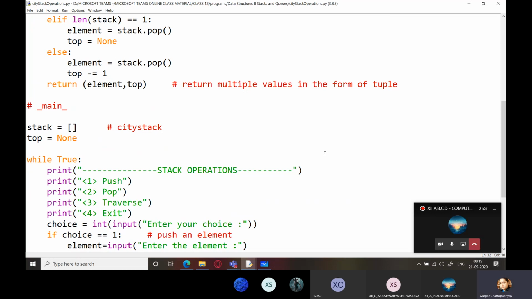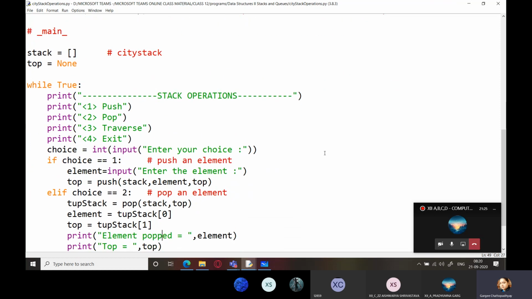Top is none. Okay. Now we come to this push an element. So instead of push an element, let me write here push a city, right? So push a city. So it is asking for element. So instead of element, what I can do is I can ask for individual values. Right?